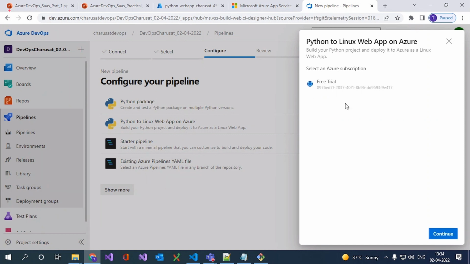The idea of this is that we are deploying our code to this subscription ID, this web app that we have selected. So, understood,